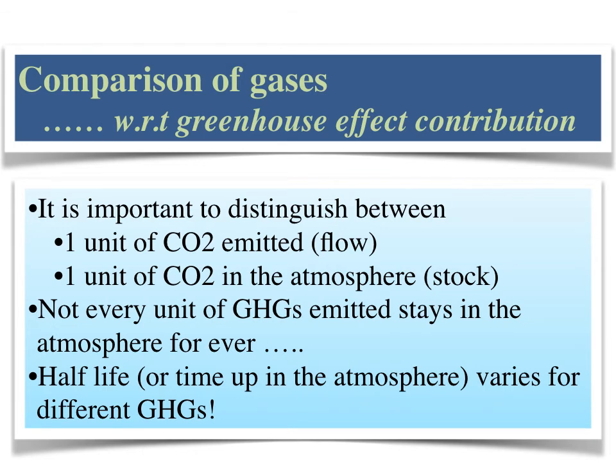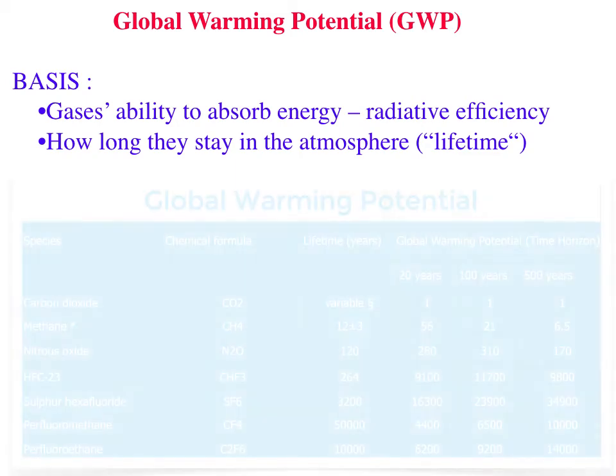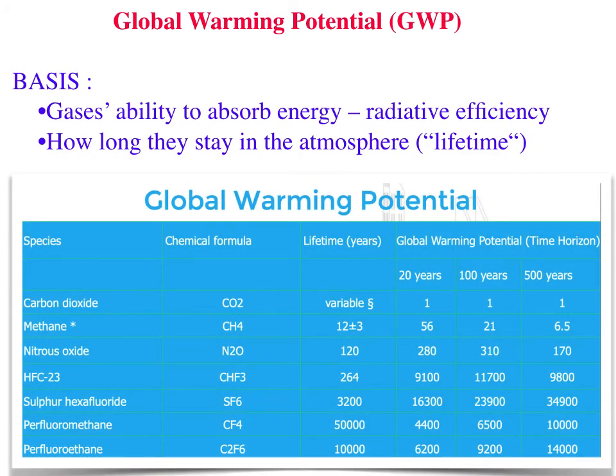So there is a standardized tool used for all other greenhouse gases in terms of carbon dioxide equivalent. Based on what? Based on the ability to absorb energy, the radiative efficiency, and how long they stay in the atmosphere. Based on these two parameters, global warming potential is estimated. This is a list of the global warming potential of these